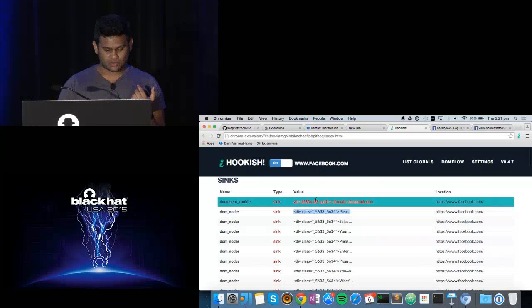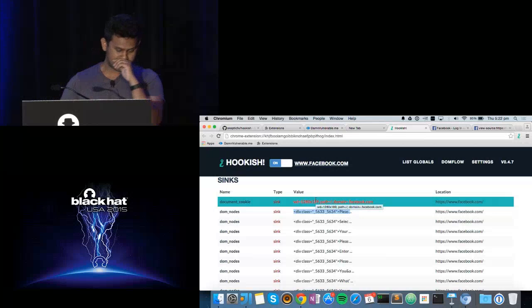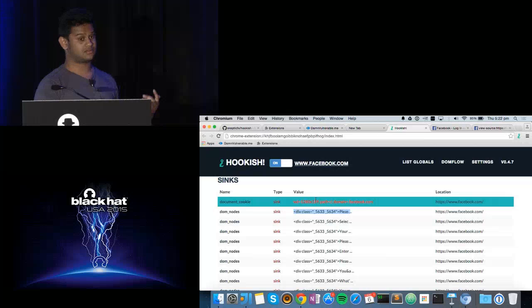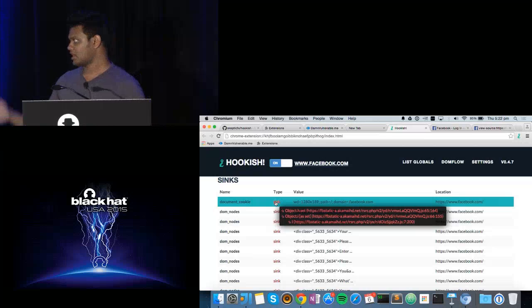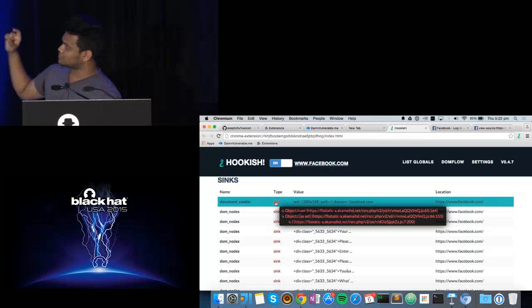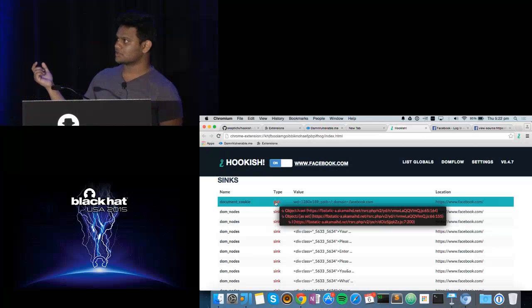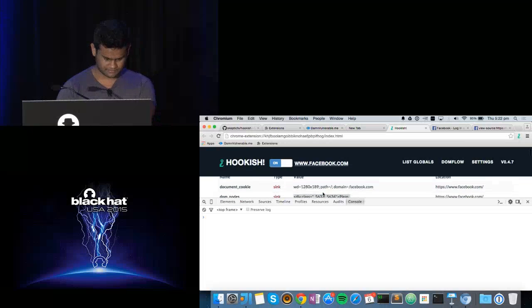And also things like what kind of values are being set to document.cookie. From here, if I see something interesting, for example, the document.cookie is being set to a certain value at this point, I want to know at what file and what line this is happening. So here you have a small stack trace which shows you at what line and what point this is happening. And if you just click on it,